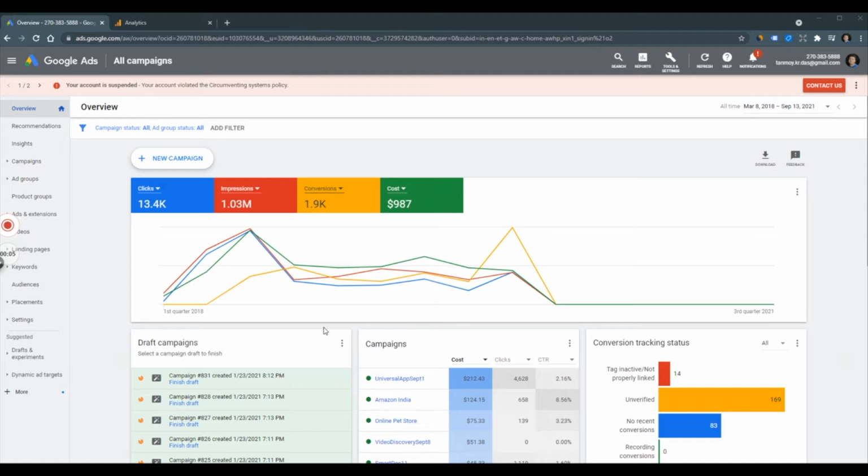In today's session, we are going to see how to set up conversion tracking from our Google Analytics account. As you know, in Google Ads, we can set up conversion tracking in two different ways. One is through setting up the code through Google Ads itself, and the other one would be through Analytics as well. We can go ahead and set up this particular feature.